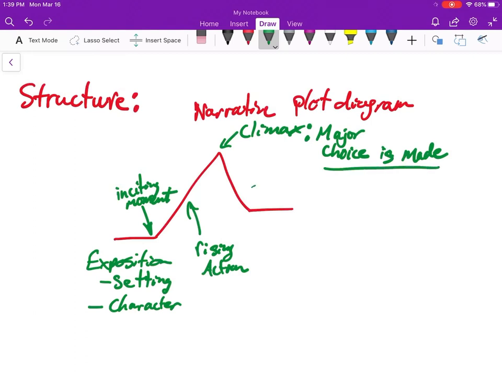And then we have falling action. Okay. And after falling action, we have resolution. This is a typical plot